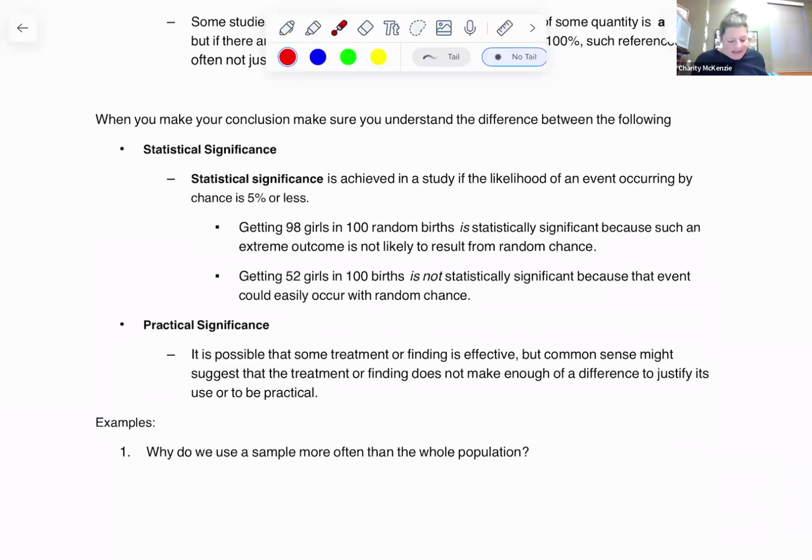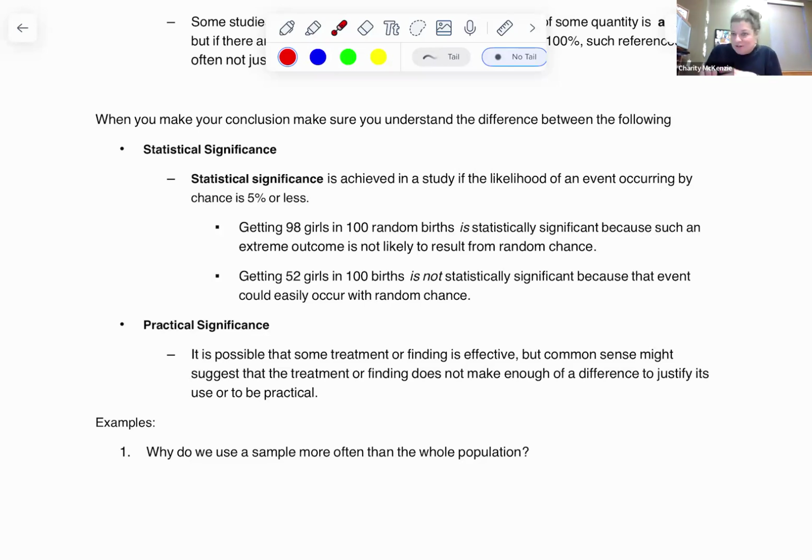So let's go a little bit different. When we're making a conclusion about something, we have statistical significance. This is the idea that whatever you came up with, your conclusion from your data, is not possible by chance. And it says that they use 5%. Now that's our book and our author. That could be a little bit different depending, and it could be some gray area there, but for the most part 5%. So statistical significance is achieved in a study if the likelihood of the event occurring